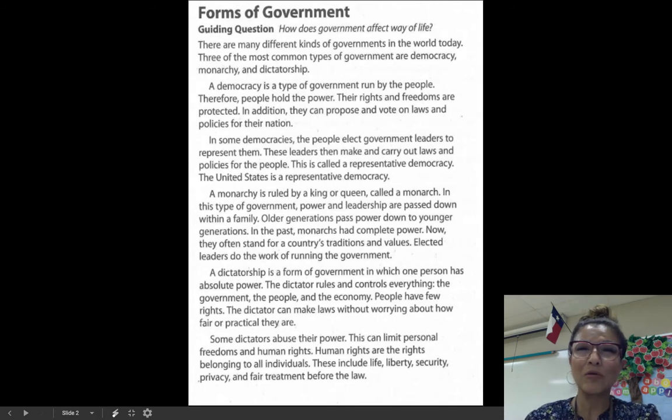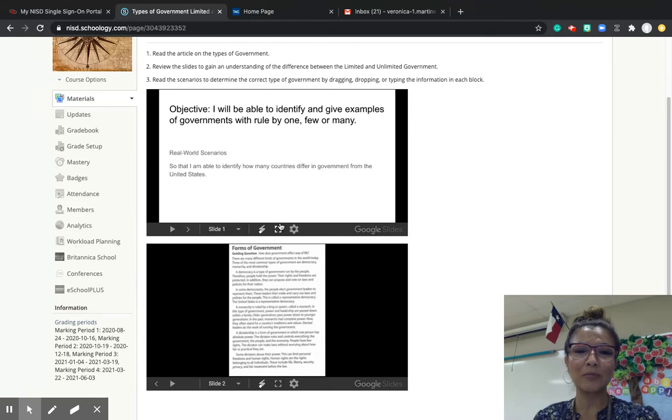And then you have other countries that are either a monarchy, where they have a king or a queen, or a dictatorship, a form of government with someone who has absolute power, total power. That could also fall the same as a totalitarian. And then we're going to talk a little bit about theocracy. We do have some countries that have theocracy. So let's learn a little bit about it, and we'll learn as we go along.